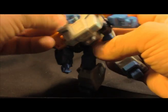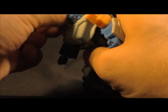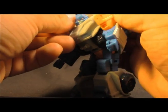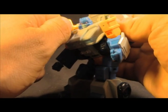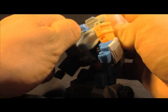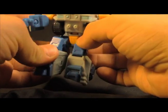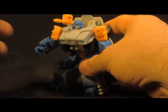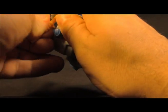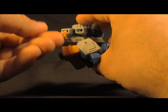Might have to get this out of the way. Let me get this out of the way. Well, I swear I did it before. There you go. But then you kind of got to open this panel up to get it, or otherwise it's going to be off center. But, you know, not hateful. I don't really need that in my life, and it's a lot of work. So I'm okay with him either holding it, or, of course, you can stick it in there and have it kind of,